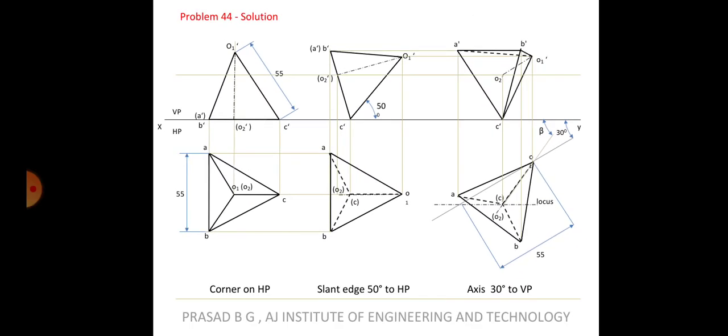So you go to the next step, so you can see that. Whatever is visible is covered. Only one line that was not visible is A1 to O, so that will be made hidden. Rest all the lines are connected, isn't it? A dash, B dash, O1 dash, C dash is on the boundary. A, B, C is the base, so that is also visible. So the only line that is not connected is A dash to O1 dash, so that will be a hidden line. And of course the axis has to be shown, O1 dash, O2 dash. So this completes the second tetrahedron problem.